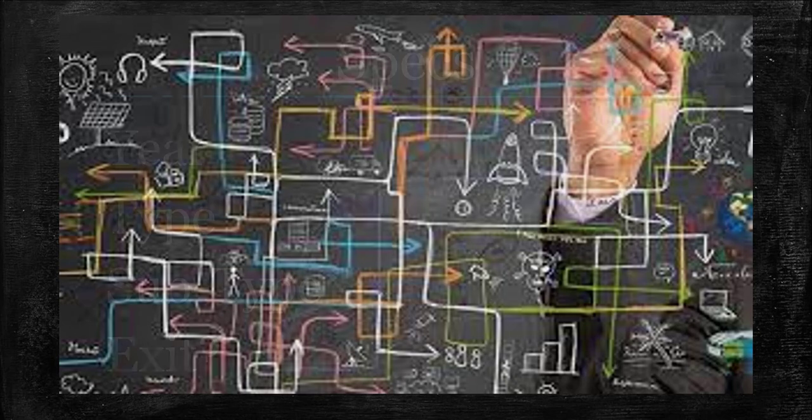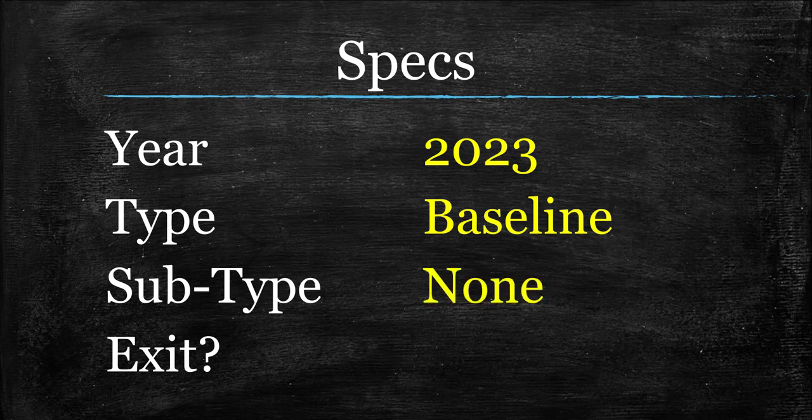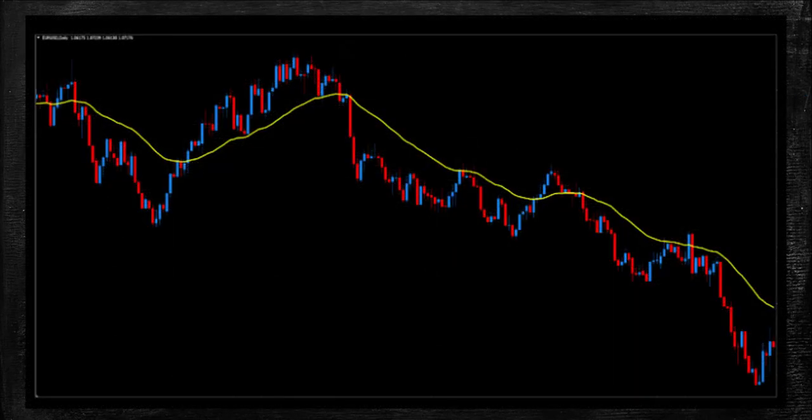But for the rest of us, let's jump into the specs. Year's going to be 2023. This thing was coded like a week ago. This is by far the most modern indicator we have ever had here. And thankfully, the MT4 strategy tester has no idea when these things were coded. So you can still backtest these as far back as you need to. Type's going to be a baseline, if you haven't already figured that out. EMA, baseline, of course. Subtype, no, it's baseline. And then as far as exits go, you guys know how I feel. In most cases, baselines aren't really great for that. So let's go ahead and take a look at it.